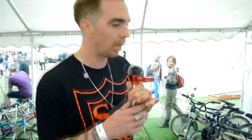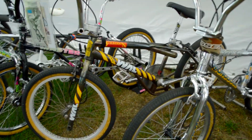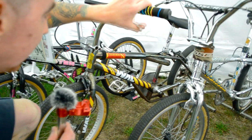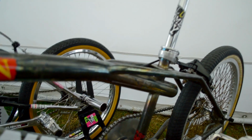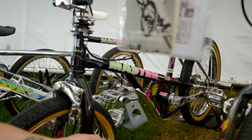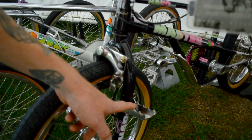So, he's not here, John, who owns these many bikes. But obviously, we take the time to pay homage. Here we have a Wilson Airlines piece with a pretty gnarly welded-on, fuck knows. Whew, mate. Look, check this out. Why do this? Obviously, is this an original? Shit, look at this. So you can stand here and then also stand here. Why would you need to stand in 4 different places? I don't know, but